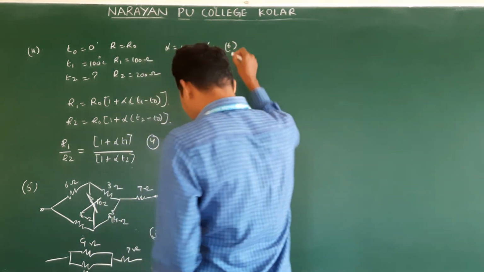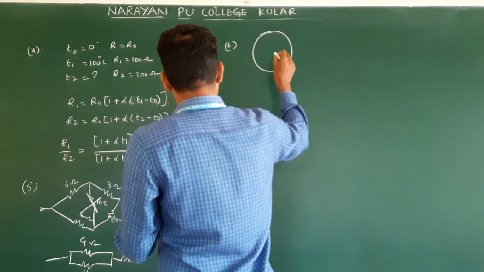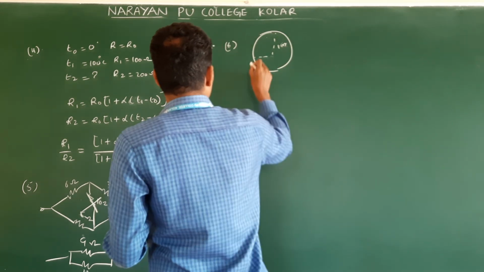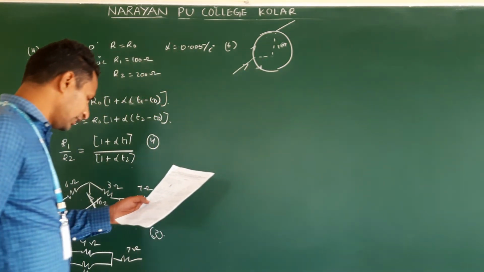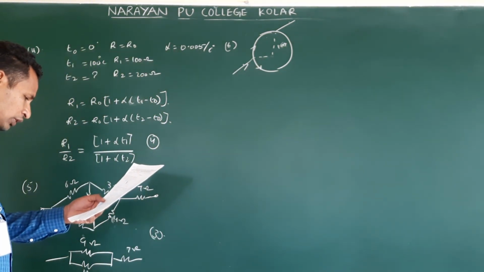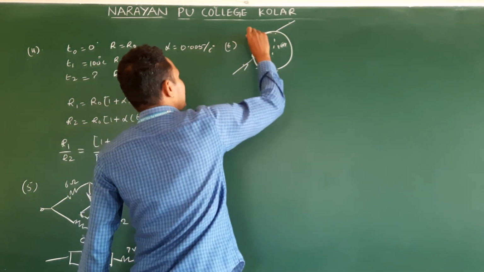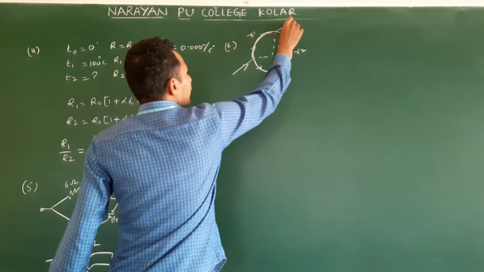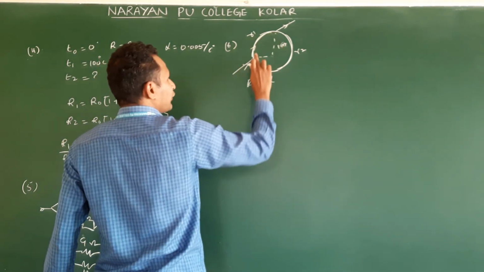Next is sixth one. Okay, they given figure like this. Radius is 1 meter. Current entering and leaving from here. They mentioned the wires used in the arrangement have a resistance of R ohms per meter, find the equivalent resistance between them. So this offers one resistance, let us take it as R1, this offers a resistance R2. Then R1, R2 which combination? Parallel combination. Then R is directly proportional to L. So if you know the L, we can get the R.